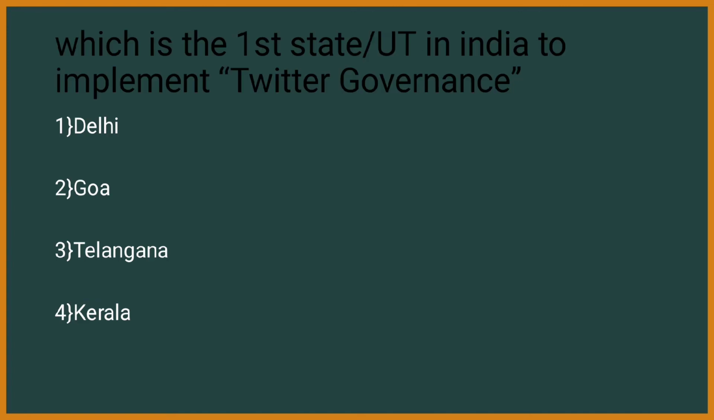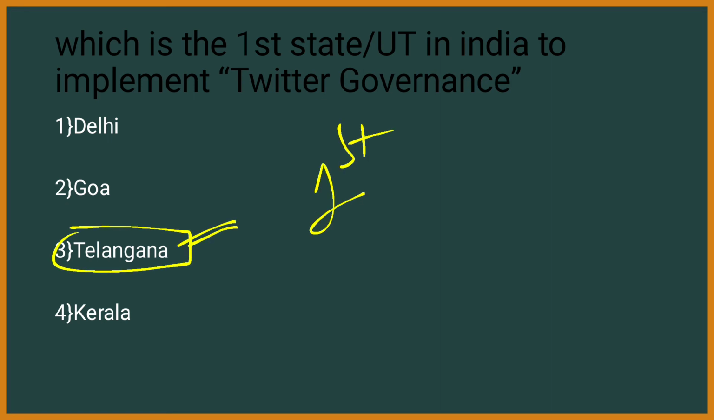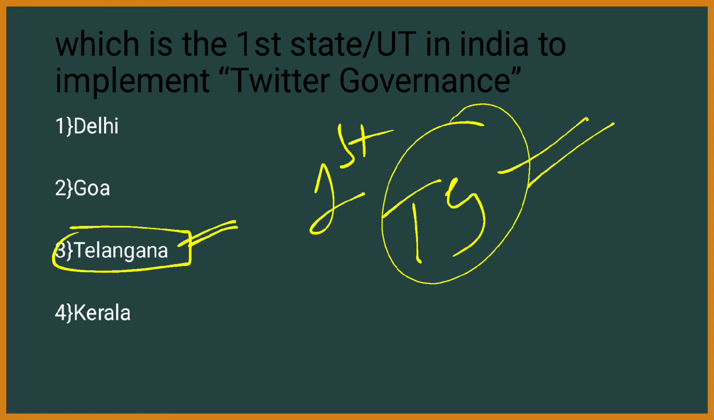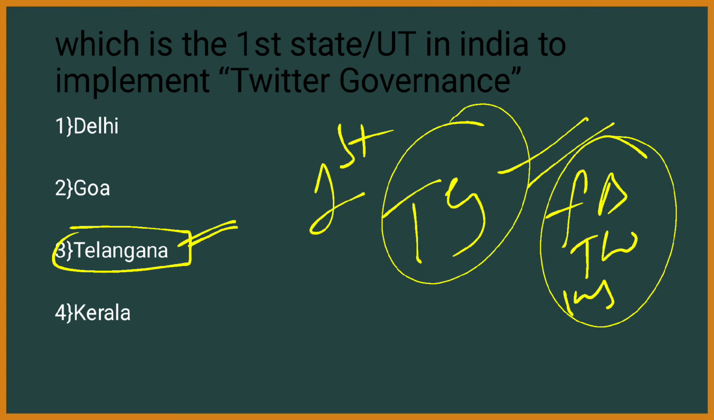Next, which is the first state or Union Territory in India to implement Twitter governance? First option, Delhi. Second, Goa. Third, Telangana. And fourth, Kerala. Here the right answer is Telangana. Telangana has become the first state in the country to implement Twitter governance, right? And it is one of the best forms of governance, where the people will be interacting with the public officials or the government by the internet or through platforms like Facebook, Twitter, Insta, where the public officials will be interacting with the public